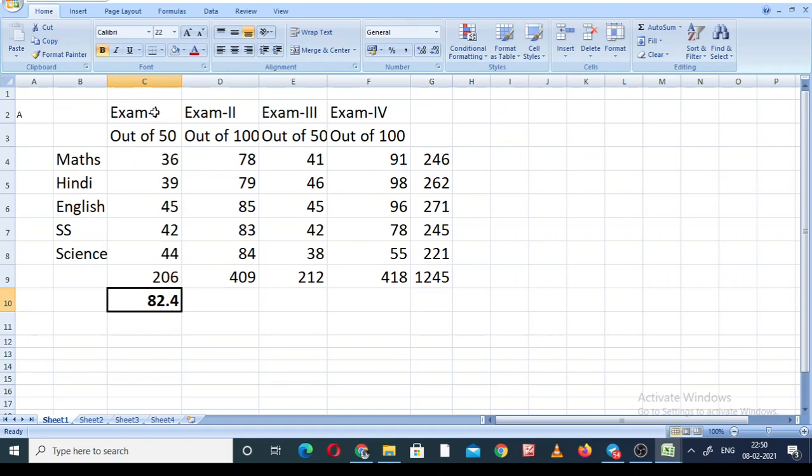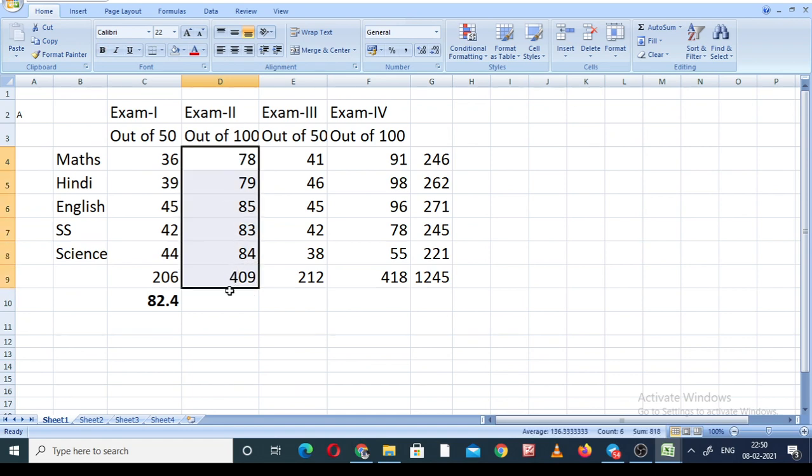In the first term exam, every one of the 5 subjects has 50 maximum marks. Student A scored 206 marks. So 206 upon 250, the percentage is 82.4, which means he scored 82.4% marks.